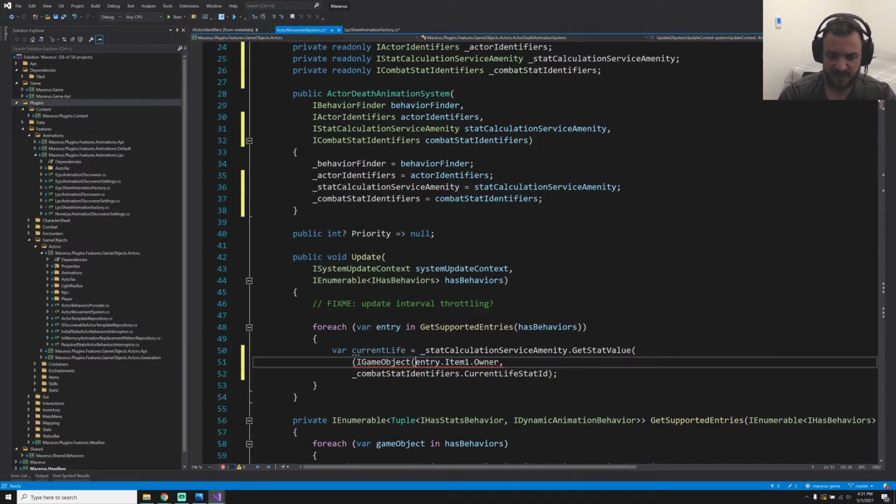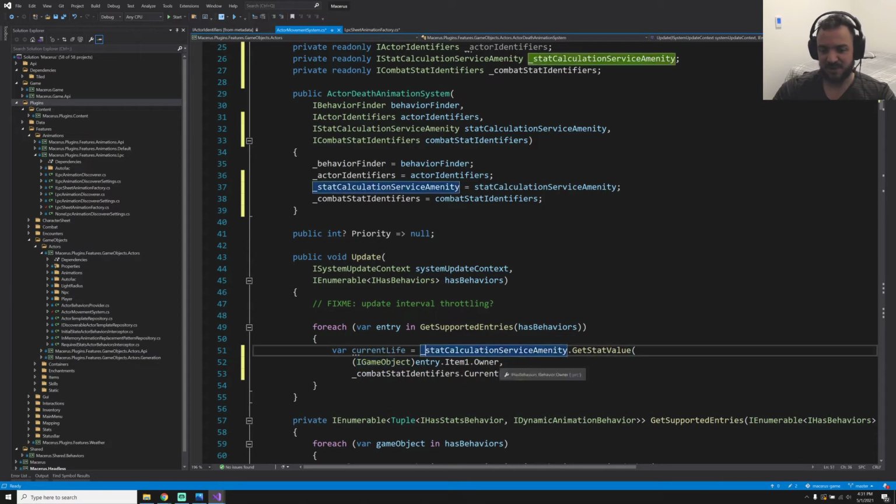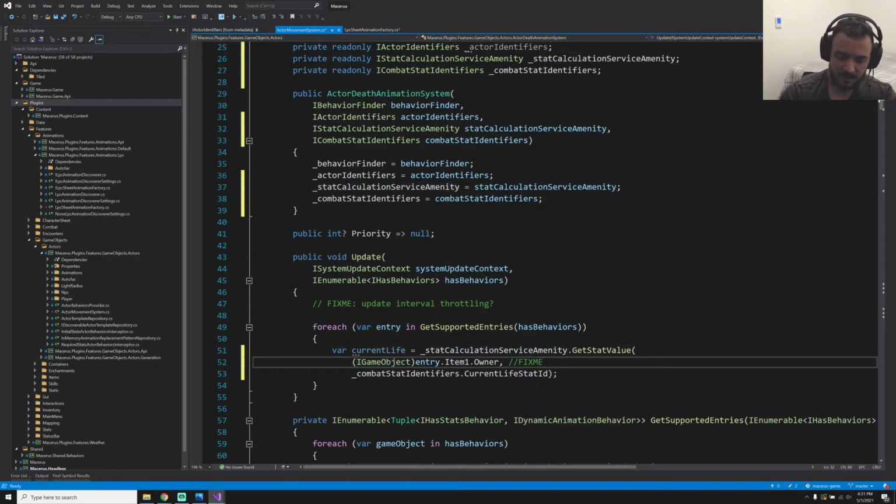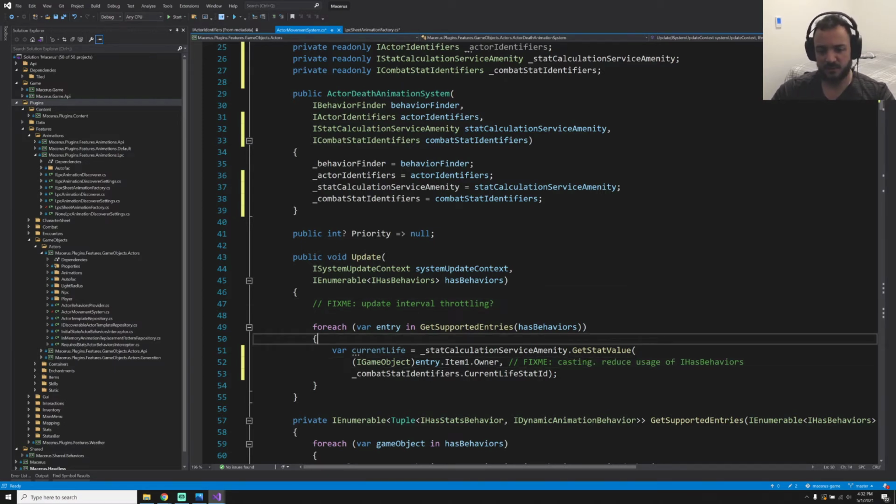I'll explain that very briefly. We had this interface that we were using called iHasBehaviors, and essentially iGameObject is literally the only thing that is iHasBehaviors, so we need to just replace iHasBehaviors with GameObject. I like to leave these fixed me comments so I can go identify them later. Quick note. Anyway, so this for us is going to calculate the current life of one of these game objects